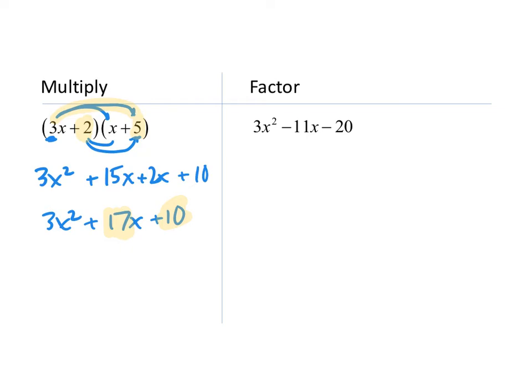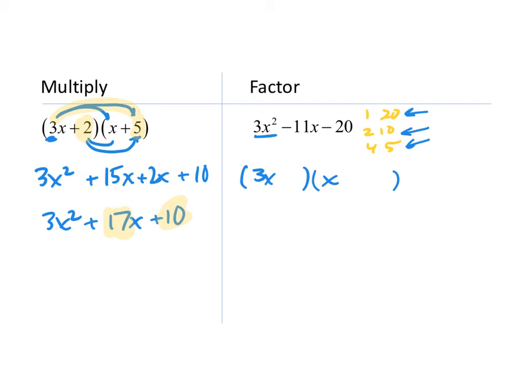So there are a couple different ways to factor. One of the ways that I do is I still make my factor pairs, 1 and 20, 2 and 10, 4 and 5. Once again, those are my only choices. The easiest way to factor this is just guess and check. I mean, it can't take that long. We have 3x and an x. That's the only way we're going to get 3x squared. And we only have 3 choices. A little bit more than that because of positives and negatives,